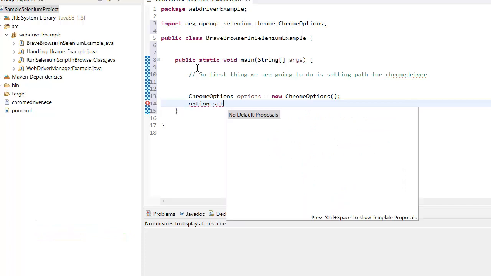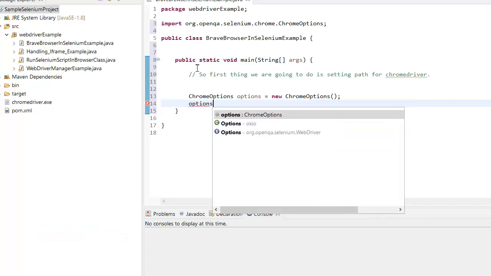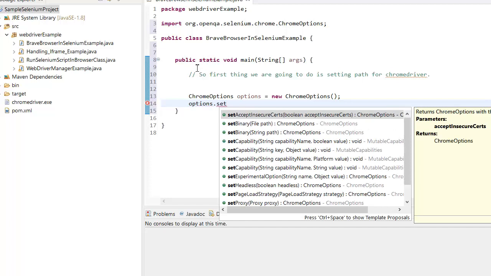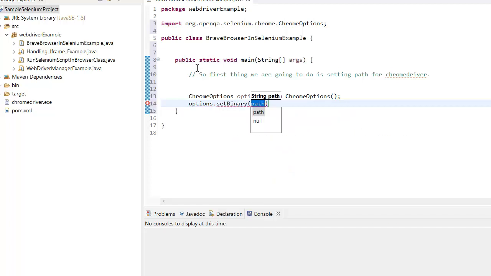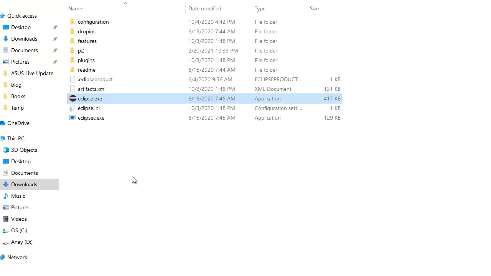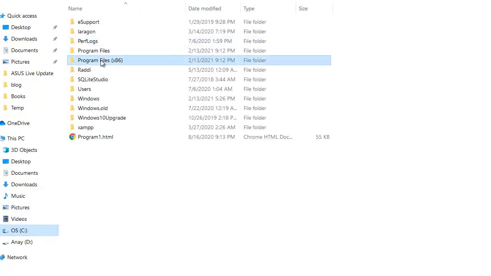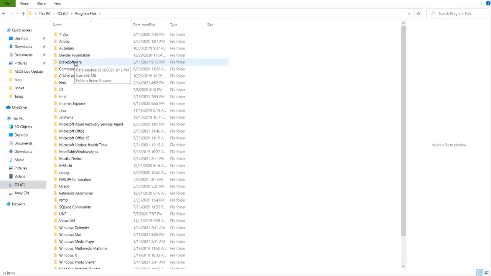options.setBinary, and this is going to ask for the path. So here I am just going to find out the path. Brave is available within Program Files, I think.